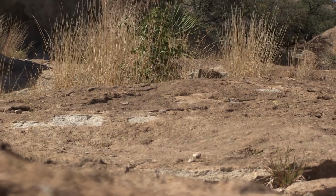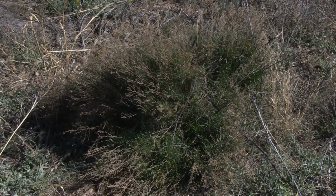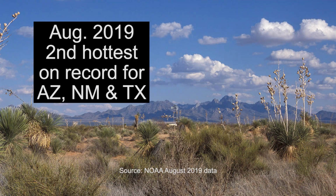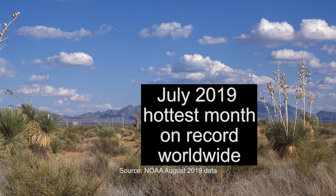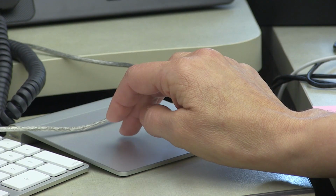But record-breaking drought and increasing temperatures may make it a challenge for those grasses to grow. According to the National Oceanic and Atmospheric Administration, Arizona, New Mexico, and Texas had their second hottest August on record in 2019. That followed a July that was the hottest month on record for the planet since record-keeping began 140 years ago. Regardless of how much rain falls in the desert, Peters says how landscapes respond is not only related